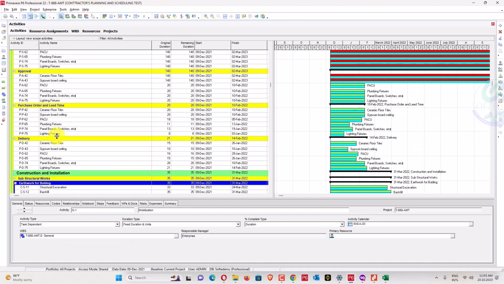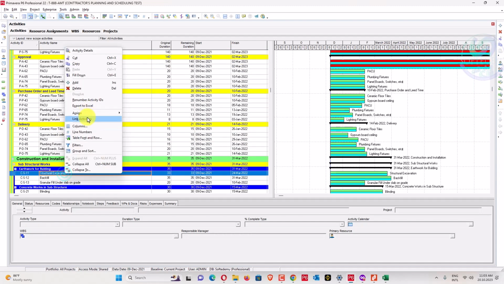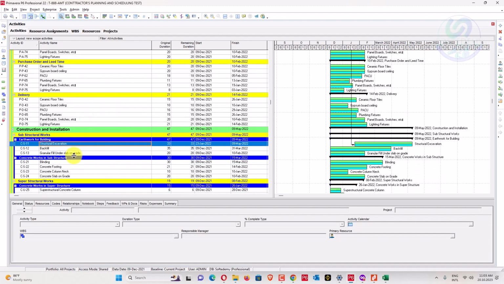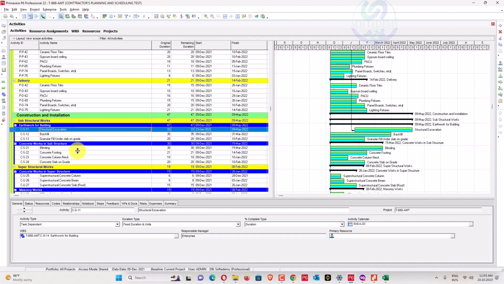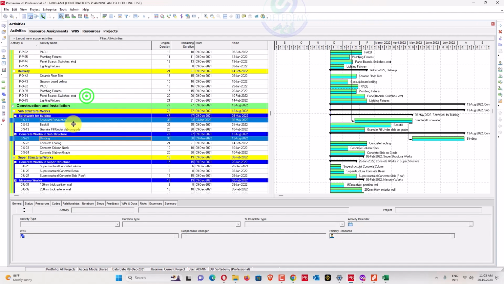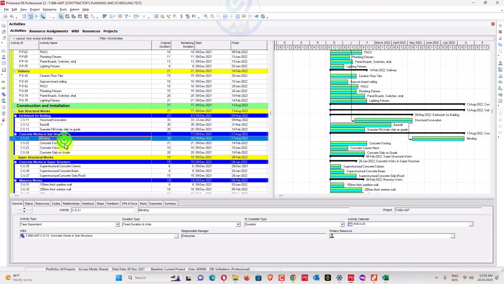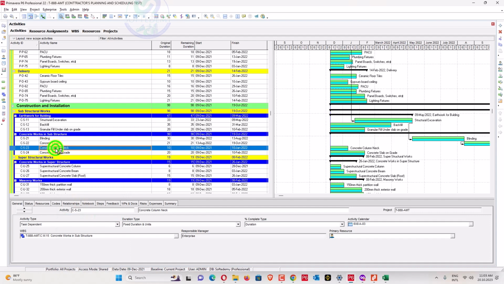After mobilization, you can start your structural work here, and after your structural work, you can start your granular, you can just go for blinding concrete. And then after blinding concrete, you can go for the footing here, and after footing, the column neck.